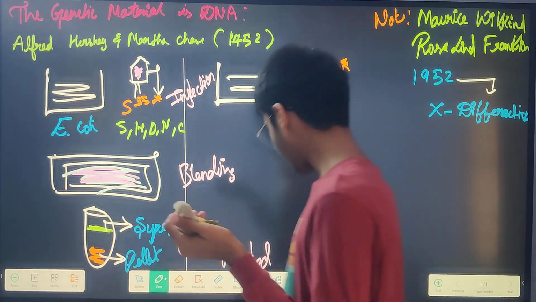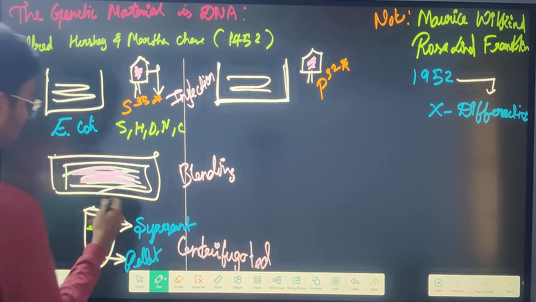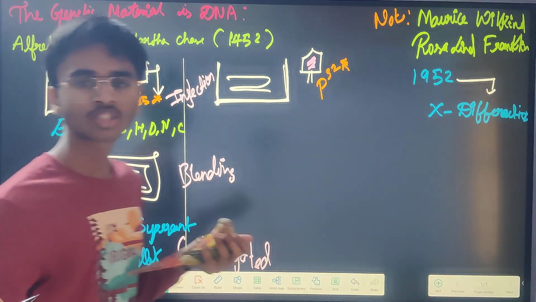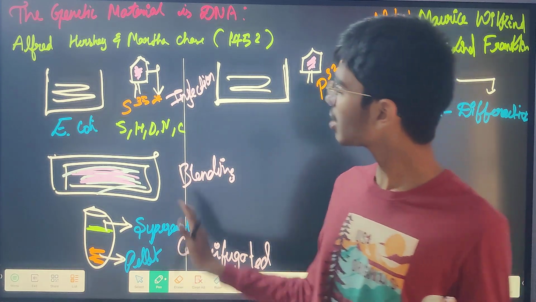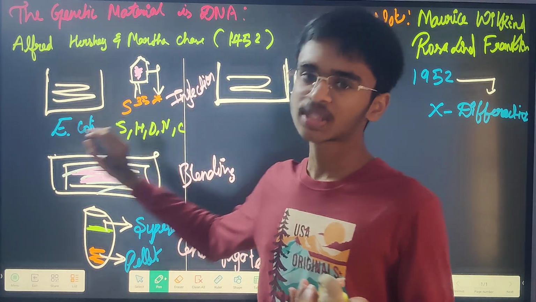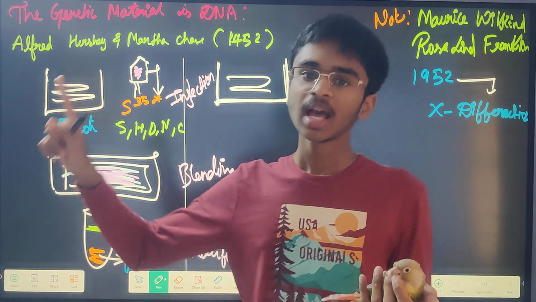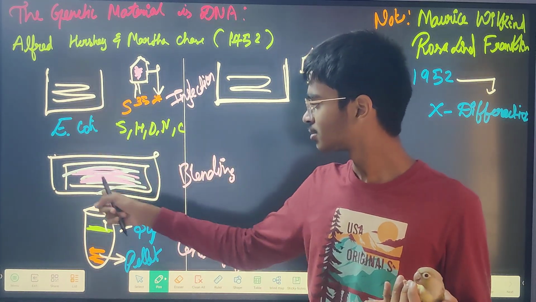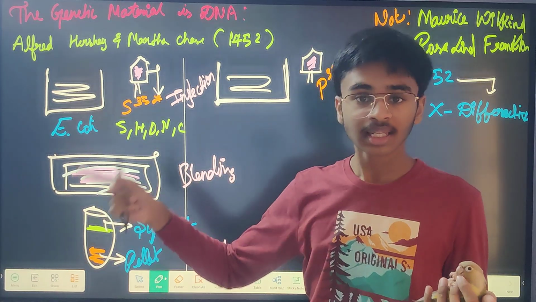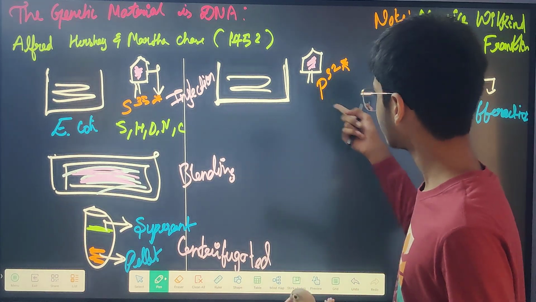When he did the check for sulfur, he could not find any sulfur over here, because S35 is in the capsid, and the capsid did not form. It did not come here. But when he checked here,